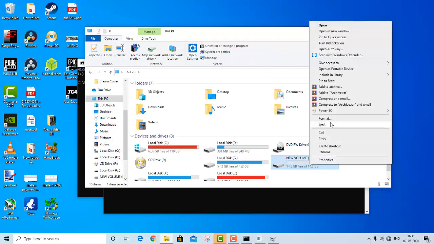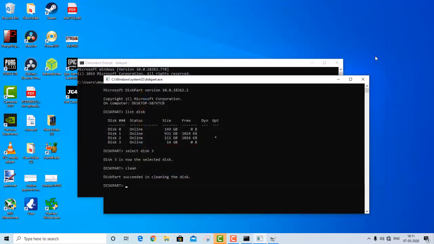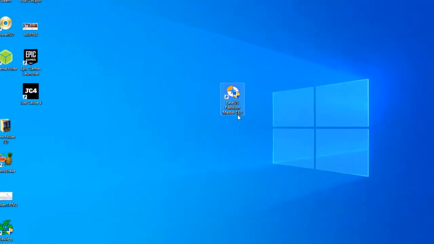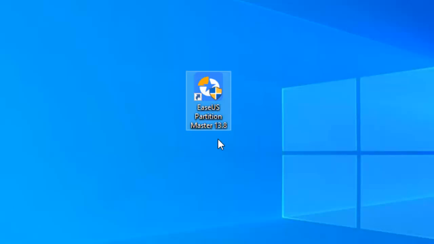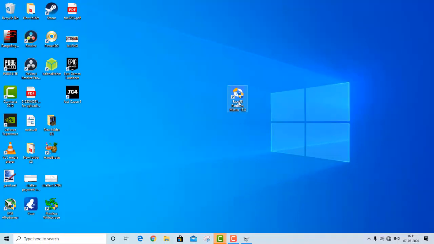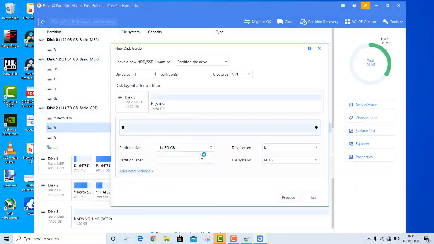If you already tried this, I mean if you created your Ubuntu bootable drive and then did this format, and if this method is not working for you, then I have another option. You can use this tool called Partition Master. I have a free version. There are, I think, two versions, one free and another paid, but I think the free version will also work fine.